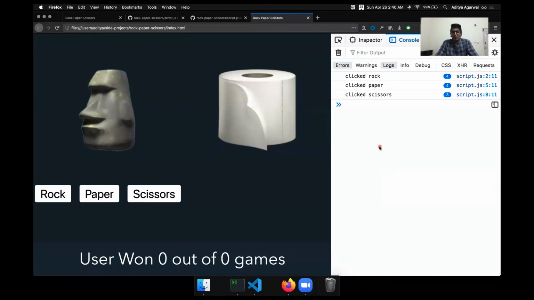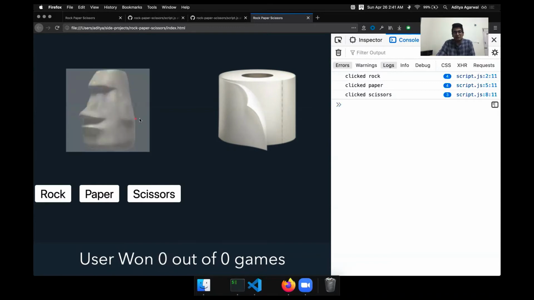Okay, so now we are in the position of discussing the game logic in terms of JavaScript. What we want is that when these buttons are getting clicked, we get to know the user choice, right? When the paper button is clicked, the user choice is paper. So we'll call a function called newMove, and we'll tell it that the user choice is whatever button got selected. Then that function will somehow generate a random choice for the computer. Out of rock, paper, scissors, we'll generate a choice for the CPU, so it would be either rock or paper or scissors. And then once we know that, we'll compute who won. Did the user win or the computer win? Based on that, we will have to update the text here, and we'll also have to change the images to the ones selected.